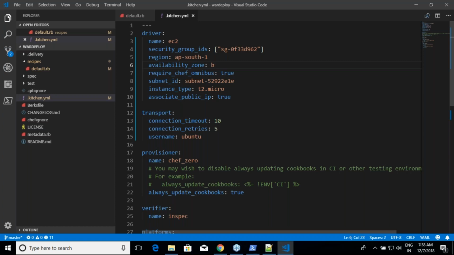In the Kitchen EC2 driver, for every key or every YAML entry you are seeing, there is enough description. I want you to understand what everything does, look at that, and fill in whatever makes sense to you. I thought I wanted to create Ubuntu 14, but I realized Ubuntu 14 was not showing up, but I am okay with that. I've tried to create an Ubuntu 16 machine, right? So for me, this is the stuff.